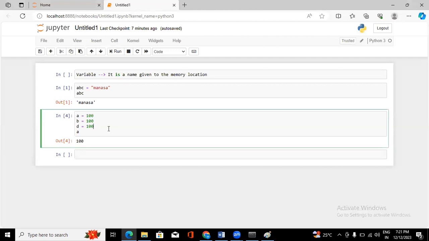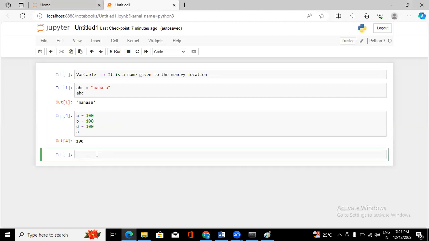Clear, right? I understood so far. And here with Python, we have one advantage: multi-variable assignment. Normally, in other languages,